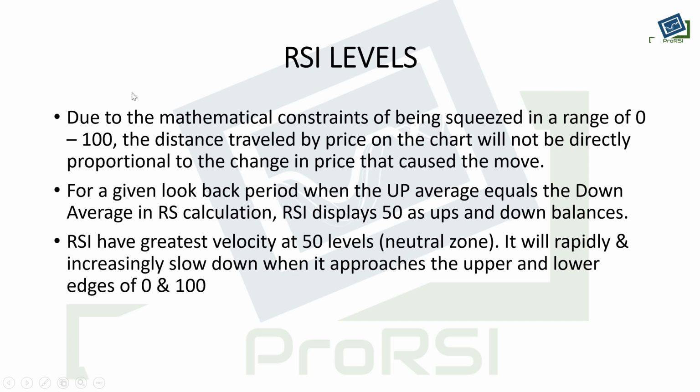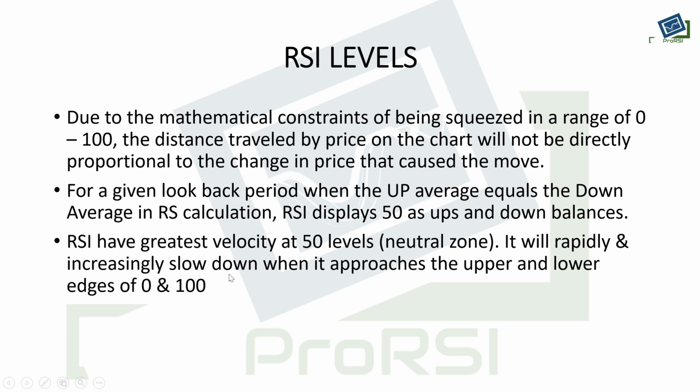So for a given look back period, when the up average equals the down average in the relative strength calculation, RSI displays 50 as up and down balance. As you know, if you have seen the RSI calculation, we have to calculate the relative strength. When the average move of the up days in the last 14 periods is equal to the average move of the down days in the last 14 periods, then we will have a 50 reading on the RSI, and that means that at 50 the RSI has the greatest velocity and it is at a neutral zone. So it will either rapidly increase,